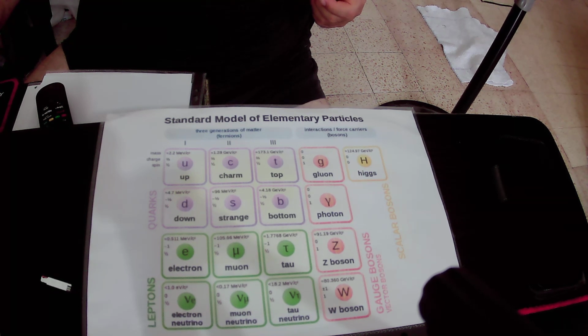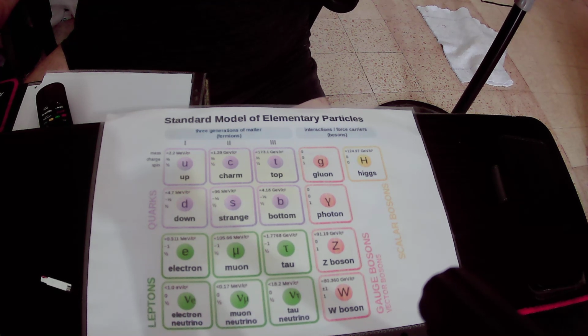According to quantum field theory and the standard model, the four fundamental forces in nature are the strong nuclear force that binds the protons together in the nucleus of the atom, the weak nuclear force that is responsible for the radioactive decay of atoms, the electromagnetic force that explains how charged particles interact with each other, and the gravitational force that explains why two objects with mass are attracted to each other. Okay,